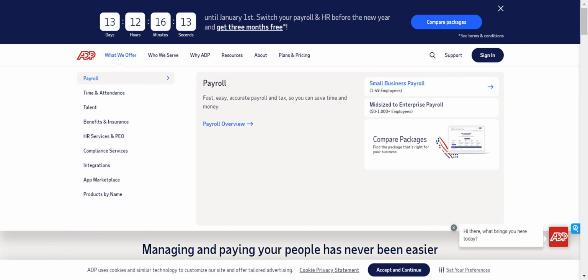You have 1 to 49, 50 to 1,000, and then 1,000 plus is their enterprise level. So this is called their midsize or major market services. So that's for companies that are either scaling and need more complex items such as benefits, 401ks, all these different systems to manage hundreds and hundreds of thousands of employees or international needs. So we're going to just focus on the small business payroll for the time being, and we're going to look